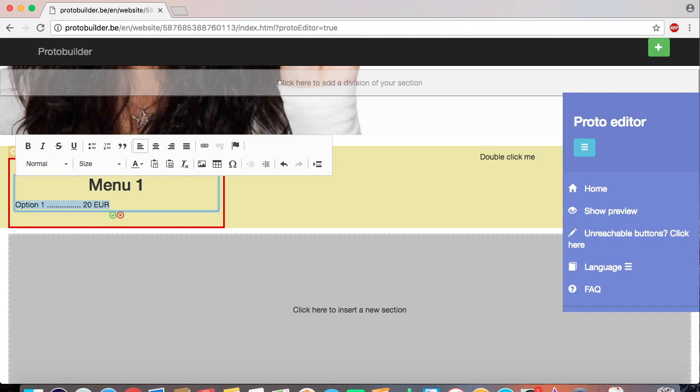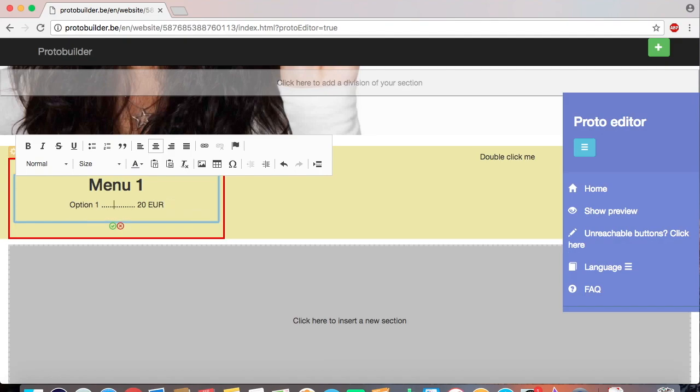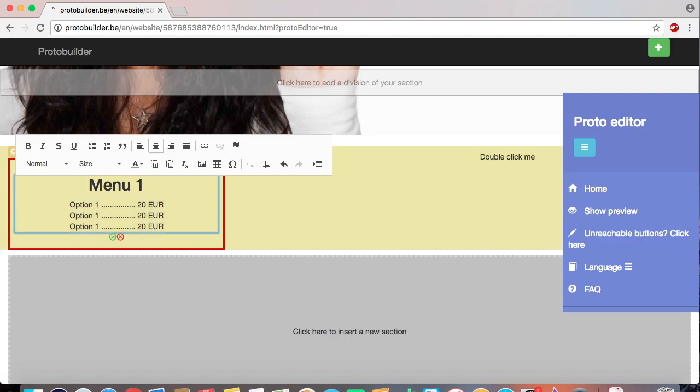I want it centered too. So here, and I'm just going to copy that line several times so you can get an idea about the final result. This would be option 2, option 3, and